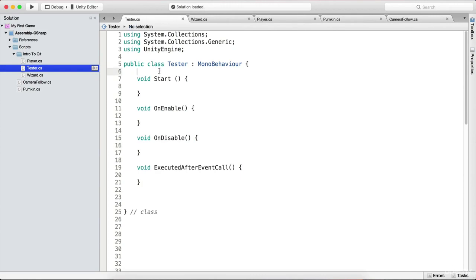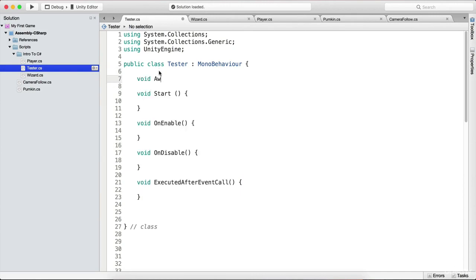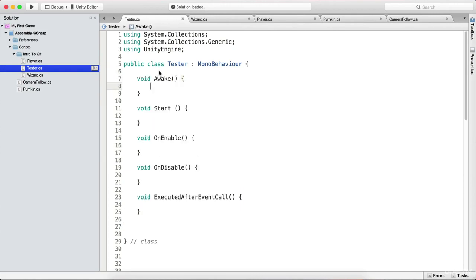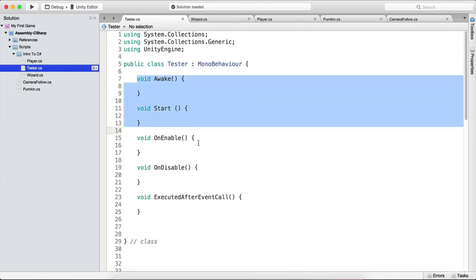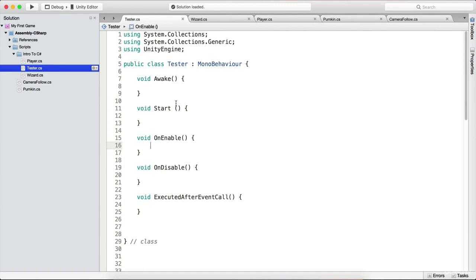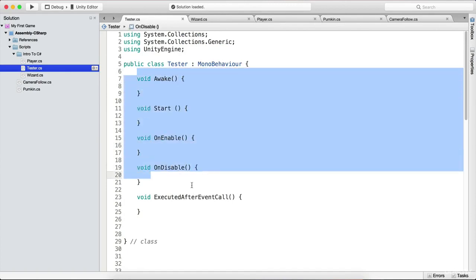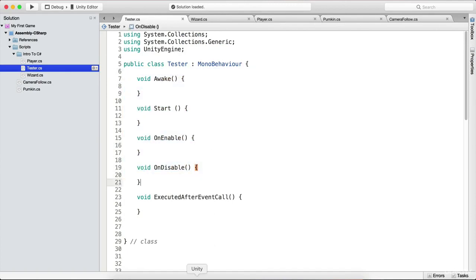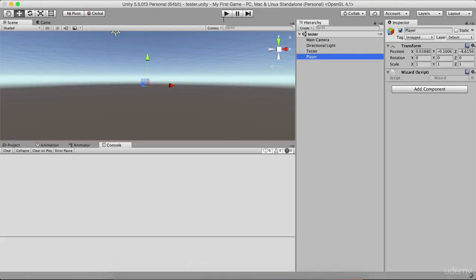Well, we know that we have void Start and void Awake, which are used for game initialization. Now, I did not want to talk about this right at the beginning because I wanted to get to the point where we actually need to use them. And now I'm going to talk about them. So when we go in the Unity editor and I click this run button, and the game runs,